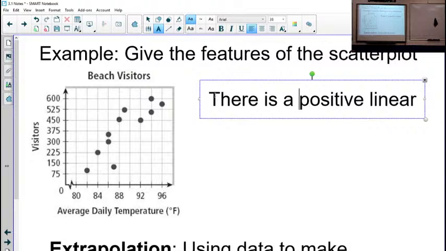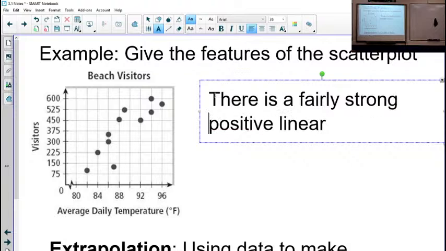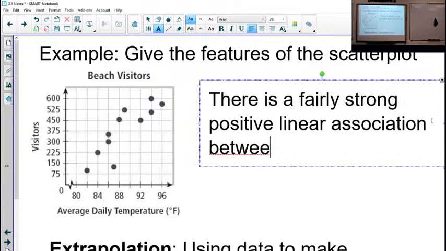And so fairly strong, I would say. So strength, direction, and form. And I usually have people write it in that order. A fairly strong positive linear association between,